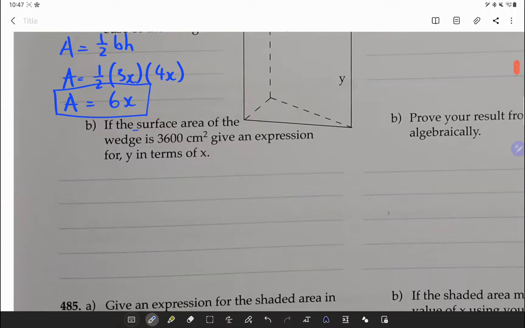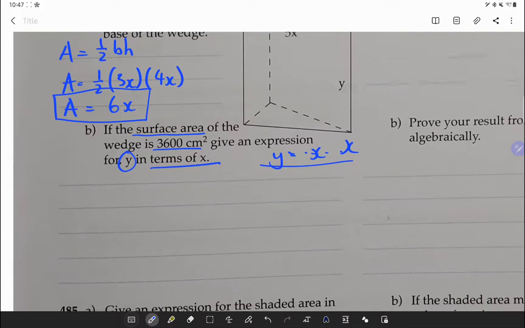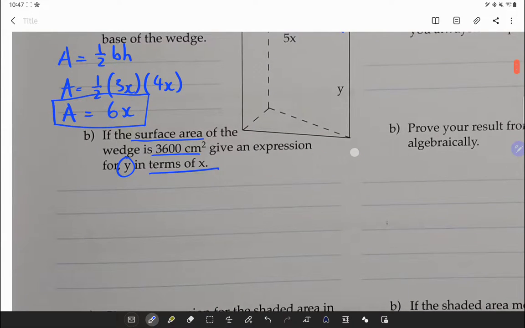That's the expression for the area. If the surface area of the wedge is that, give an expression for y. So we want a y equals something or other, in terms of x, so we're going to have x's in there, and we're going to be happy with that. Sweet. But let's make an equation first with the information we know. Surface area, I'm going to put a little small a there. Surface area is,